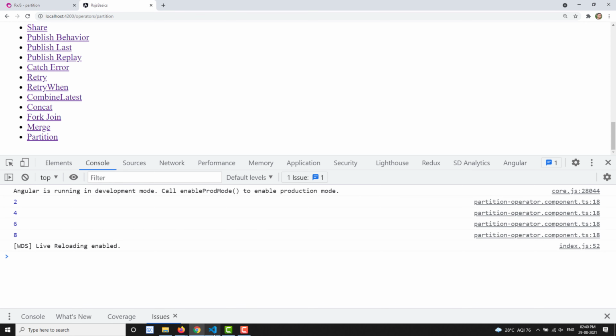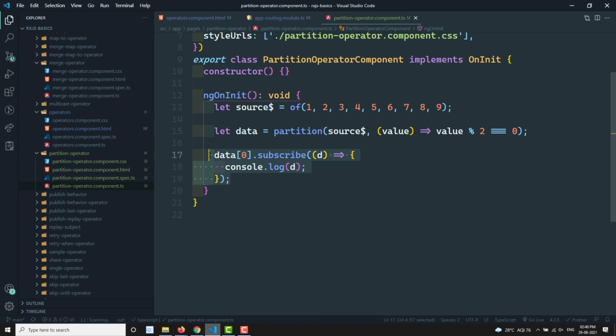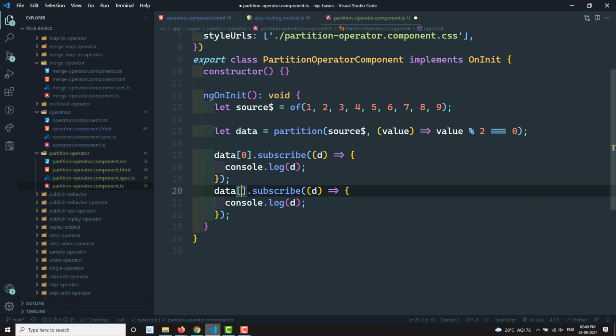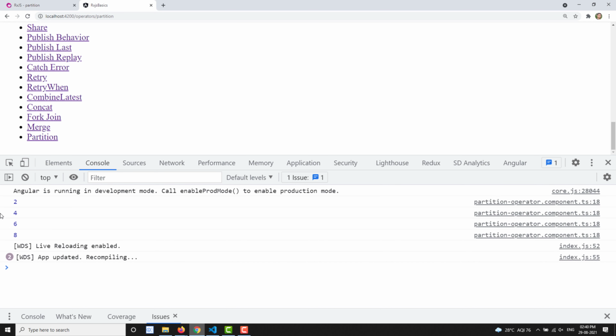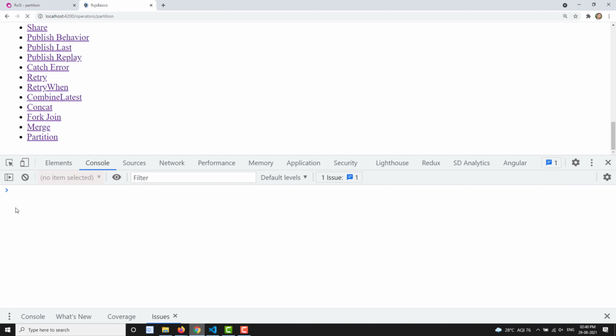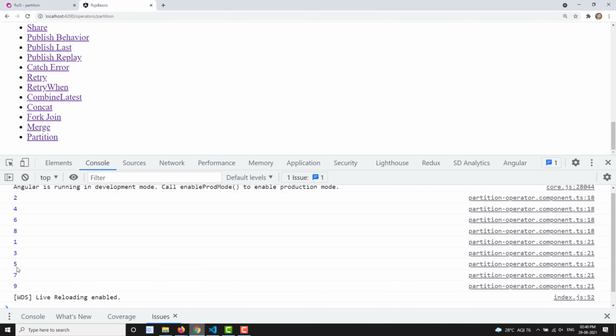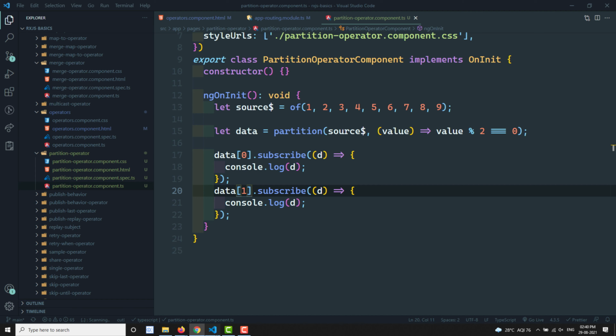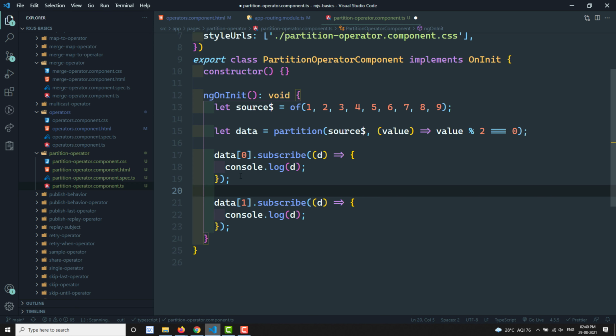Now if I want to get the odd values, I can copy and paste it here. So the second observable, data of 1, and I am subscribing to this one. Let's check whether we are getting the odd numbers or not. 2468 and 13579, something like that we used to get in the output. Yeah, so same thing we are getting the output, right? So this is the thing. The first array will have the values which satisfy the condition, that is an observable, and the second one will be the observable which doesn't satisfy the condition.